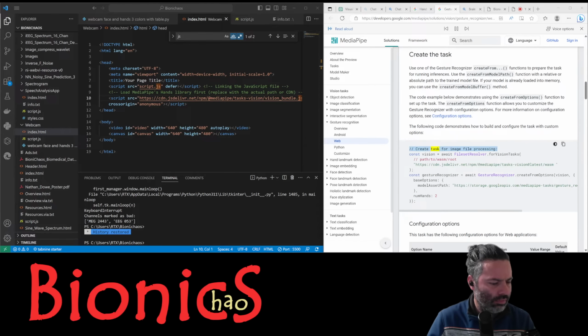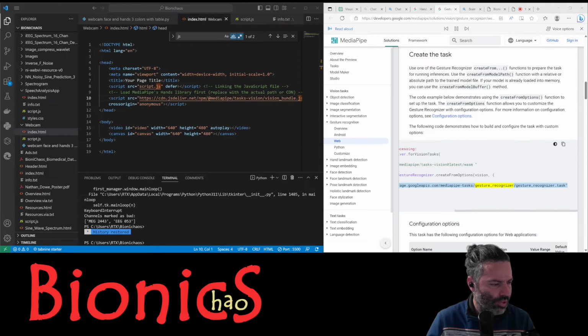// Create task for image file processing. const vision = await FilesetResolver.forVisionTasks( // path/to/wasm/root "https://cdn.jsdelivr.net/npm/@mediapipe/tasks-vision@latest/wasm"); const gestureRecognizer = await GestureRecognizer.createFromOptions(vision, { baseOptions: { modelAssetPath: "https://storage.googleapis.com/mediapipe-tasks/gesture_recognizer/gesture_recognizer.task" }, numHands: 2 });